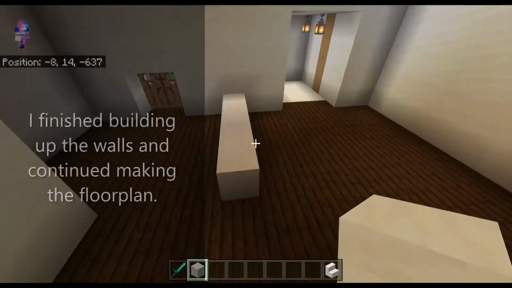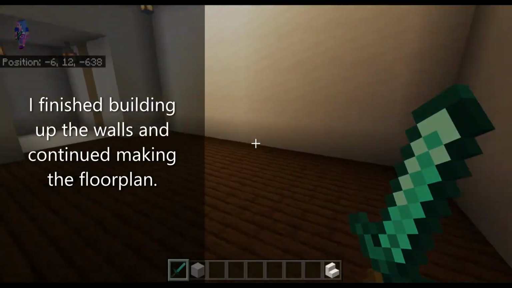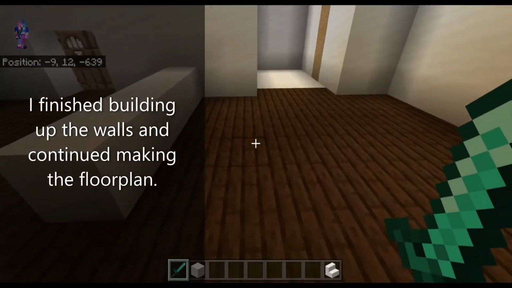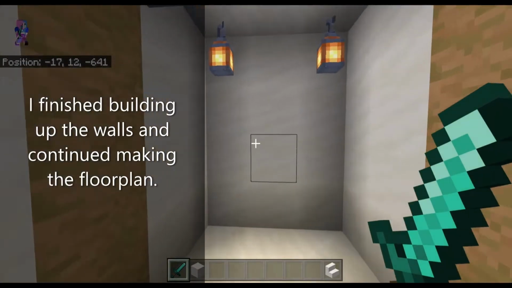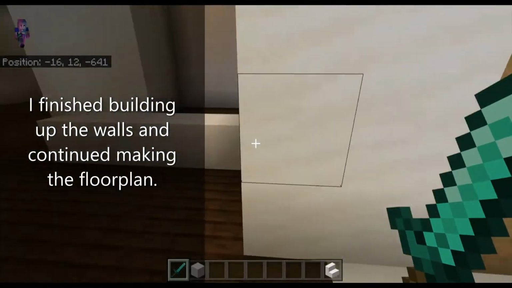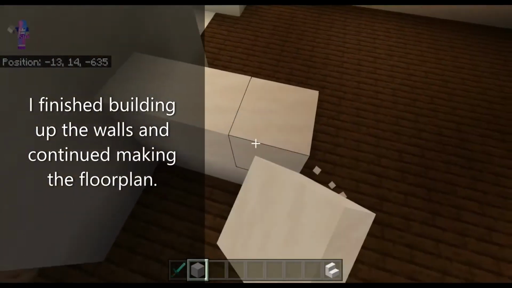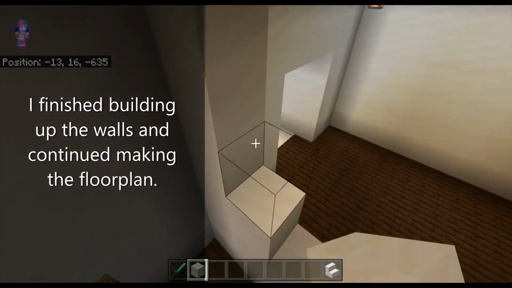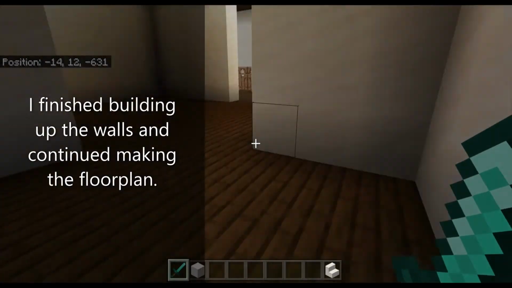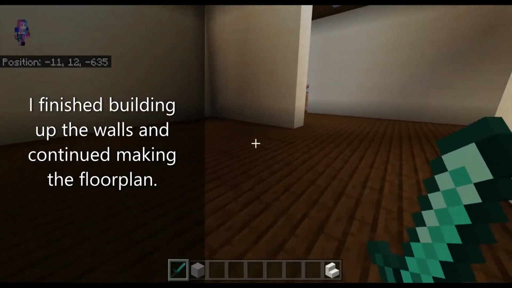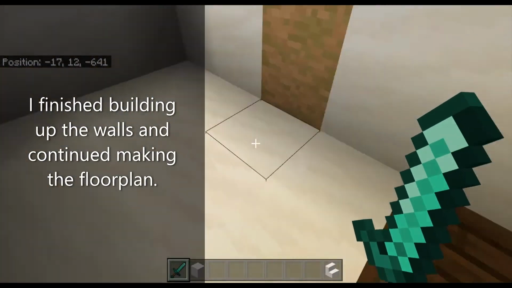Walls built up. Now we just need to decide what we're going to do with this area, which we did decide that we were going to have a kitchen here, but then we also need to decide what we are going to have here. So maybe we could have a dining room with windows looking out at either the beach or just any other area that you decide to put this. As you don't have to use it as a beach house, you can use it as any house that you decide. So I think this is nice for a little entrance area, and then you can walk straight to the kitchen, and then we will have a small dining room here,